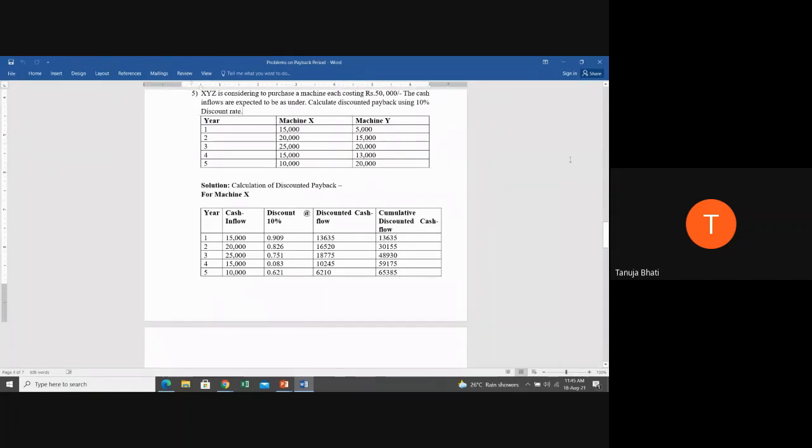Now students, first of all, can anyone tell me what is the formula to calculate discounted payback period, or how do we calculate discounted payback period? We follow the same steps as normal payback period, only the cash flows have to be discounted, that is, brought to the present value. So suppose if the cash flows are equal, first you need to check whether the cash flows are equal. So can you tell me if the cash flows are equal for machine X and machine Y?